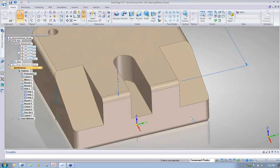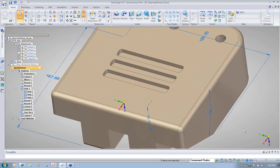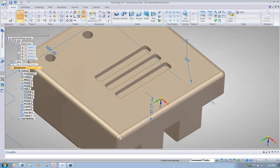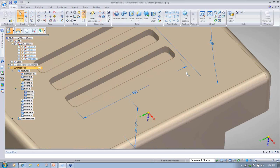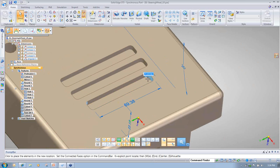So the next thing that we're going to do is we're going to flip this over, and we're going to grab our slots. And this is going to showcase a lot of what we were looking at with the Solution Manager. So the first thing I want to do is I'm going to zoom in here and I'm going to grab this end of the slot. When I select that end of the slot, I'm going to begin moving. And you can see that that begins